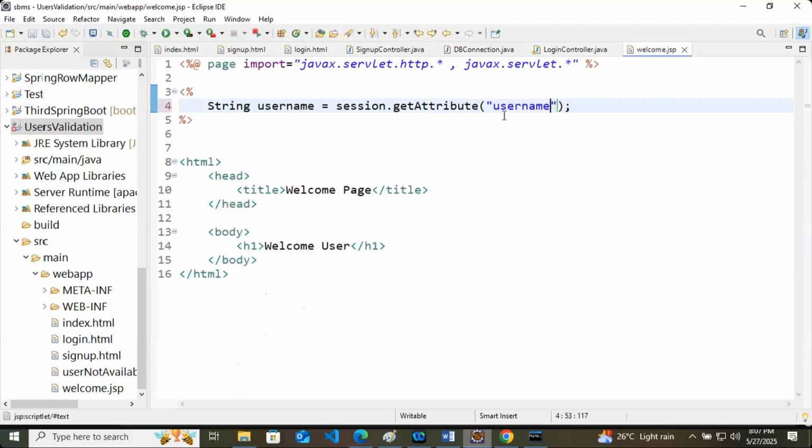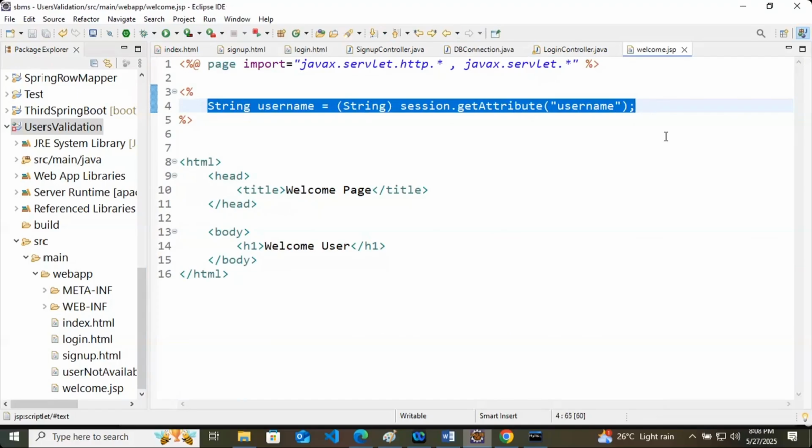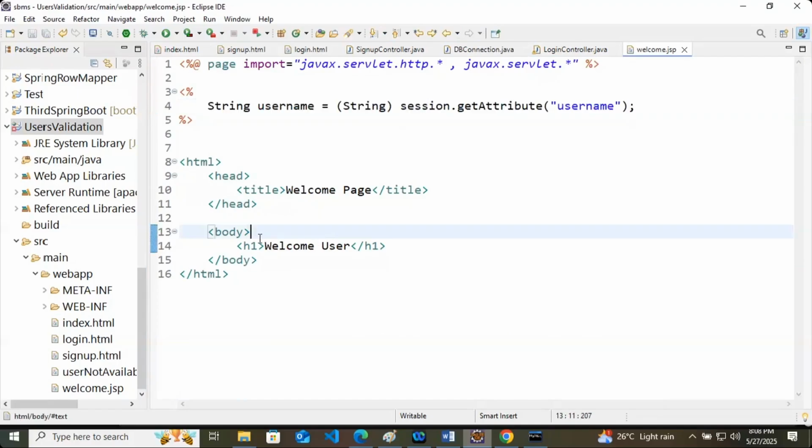Username. There will be a cast problem. It will return an object and you are setting a string. So here you can cast it to string like this. So you got the string username here. And in the body, I am writing welcome user. Now no need to write welcome user. What can I write here?